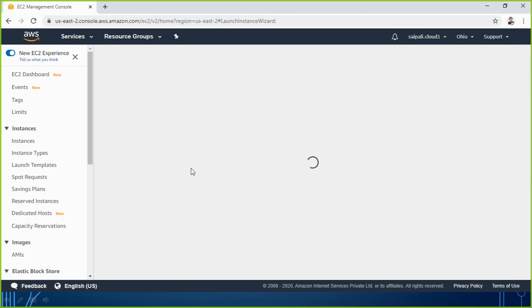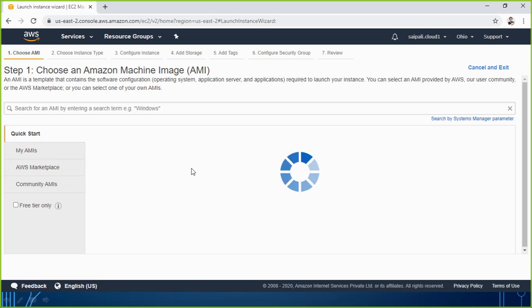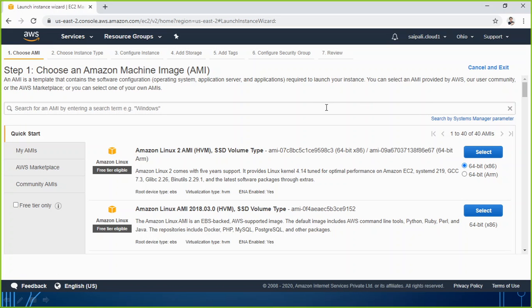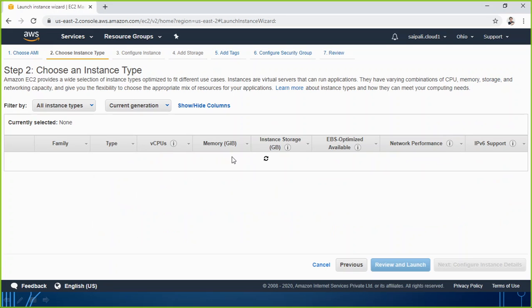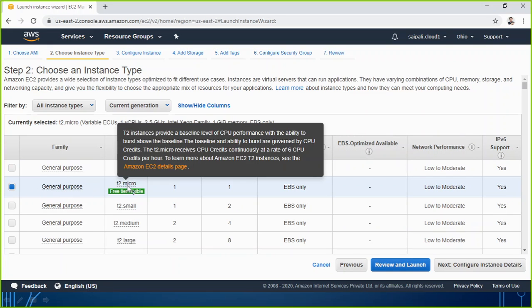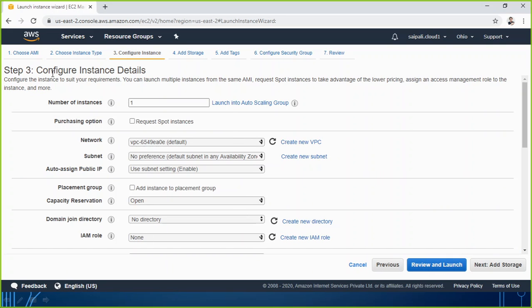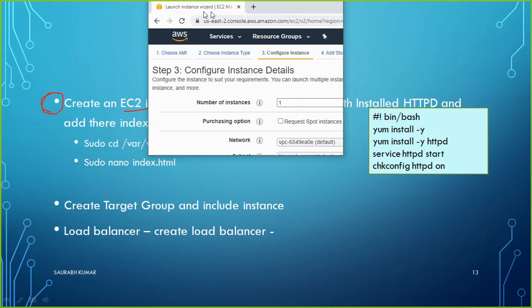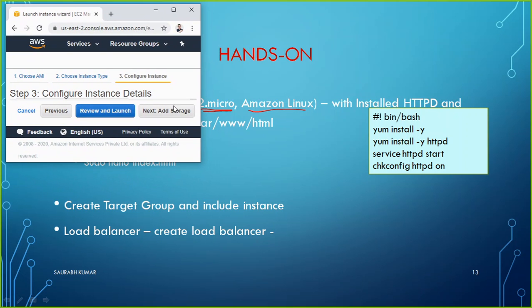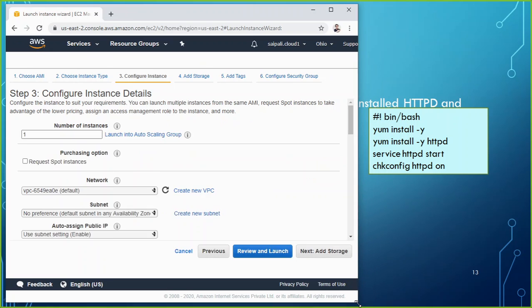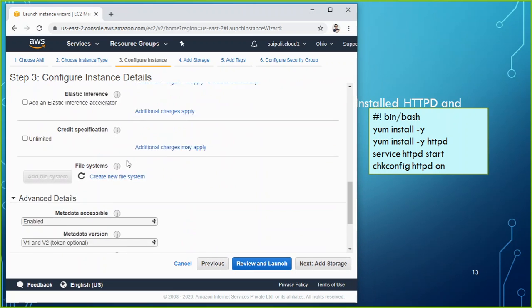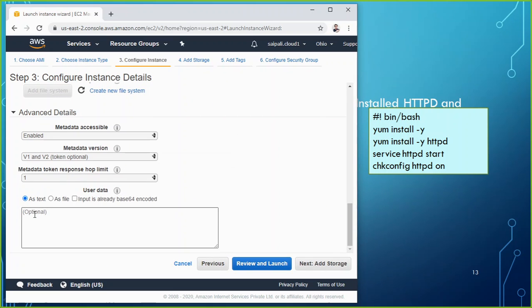These steps I am going to do a bit fast here because I have already explained these things before. So I am going with Amazon Linux. For instance type I am going with the T2 micro because it is free tier eligible. In the configure instance details, here is one thing I have to do: I have to add something here. When I scroll down, as text, I am going to add something, that is nothing else, this command,